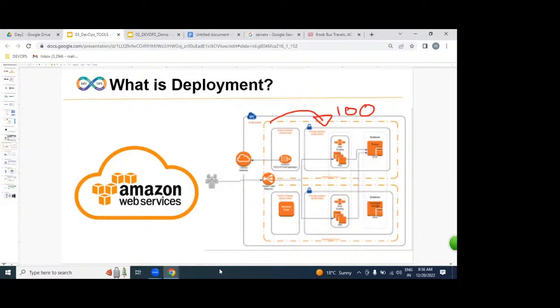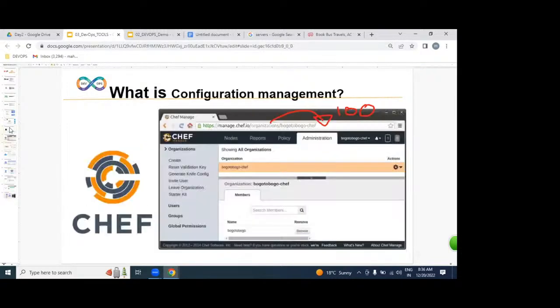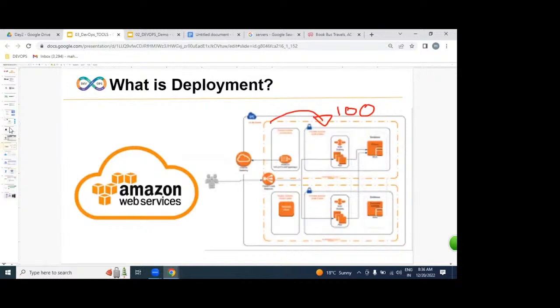And moreover, we can get servers from cloud. Which cloud are we going to be learning? AWS. Any cloud, Azure, AWS, Google. If you want the infrastructure, we can get it in any form. On top of it, we are going to be implementing an automated process with the help of Ansible and Chef. Finally, we are going to be getting hundreds of servers from AWS. We are placing our application, our websites, on hundreds of cloud servers with the help of Ansible and Chef.